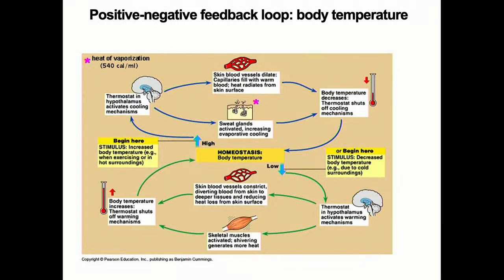So we all know that our body temperature is maintained in a given range, and if it crosses the range on either side, if it goes too high or too low, there are mechanisms to bring it back to normal. And when these mechanisms get disrupted due to various scenarios, that is when you have hyperthermia or hypothermia. So here, let's say the body temperature increases.